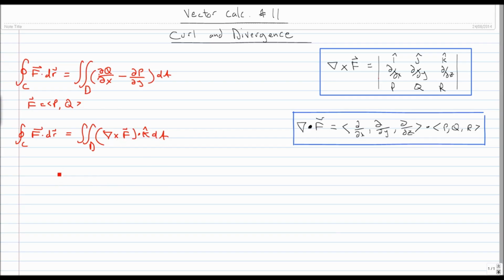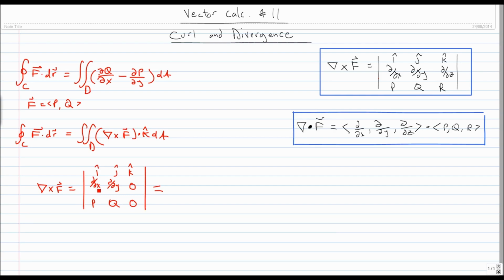Well, you're going to have something like this, where you write the vector f as having a 0 in the component that points in the k hat direction, and since when you take the cross product of two vectors they have to have the same number of components, you would also put a 0 in the k component of this del operator vector here. It's not really a vector, but